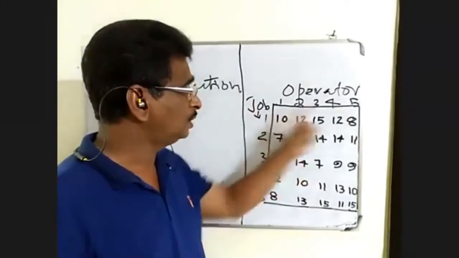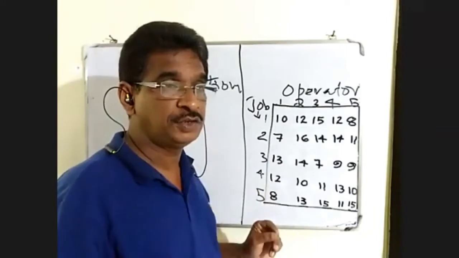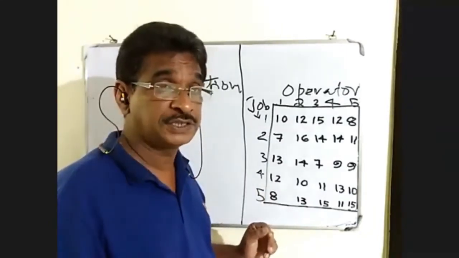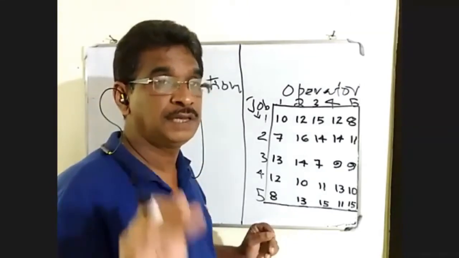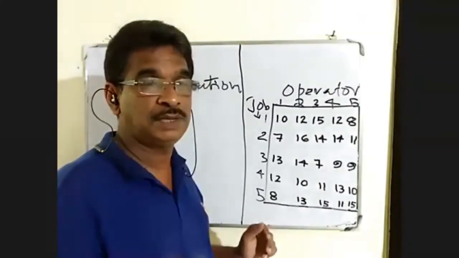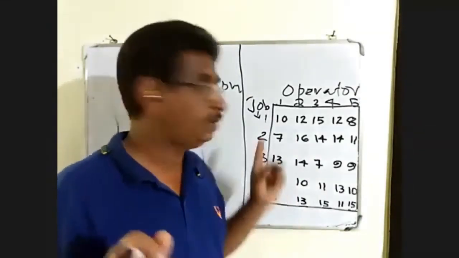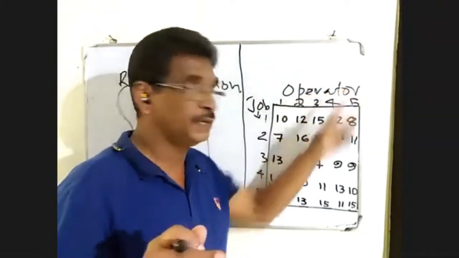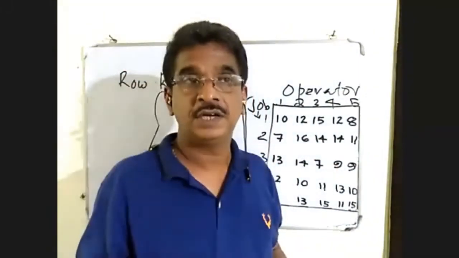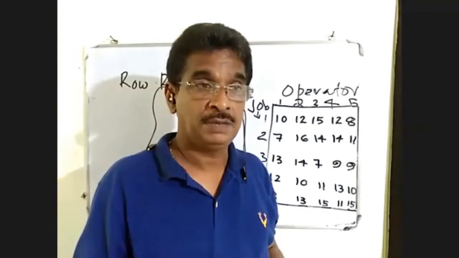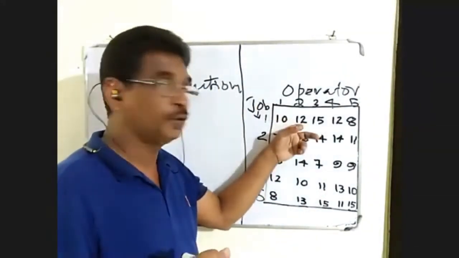The peculiarity of the assignment problem is to assign different jobs to different persons in such a way that total cost is minimum. It is also a minimization problem. Assignment of different jobs to different persons or operators or different machines in such a way that total cost is minimum. The cell values may be either time or cost or whatever it may be.